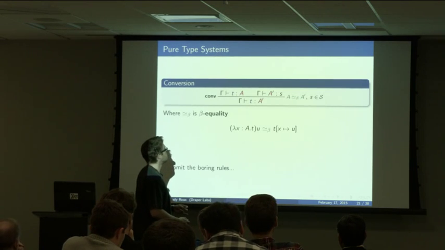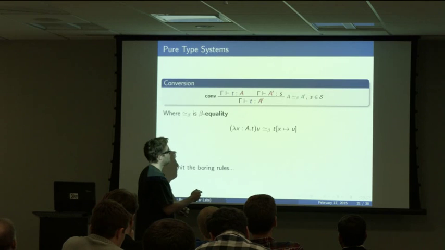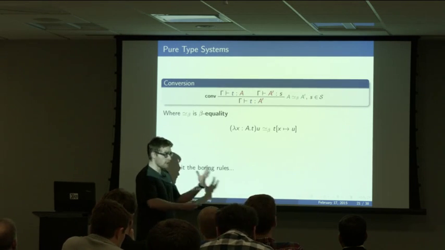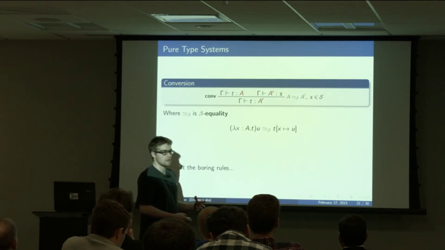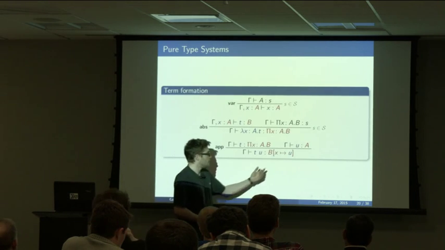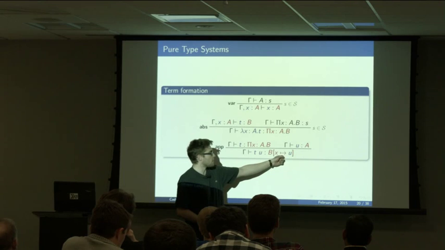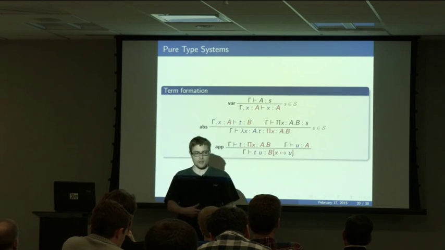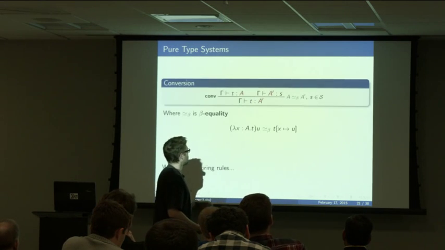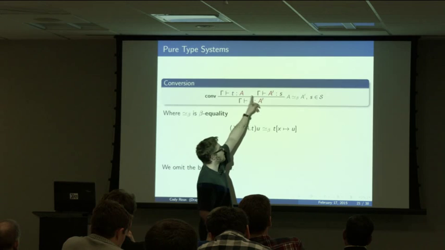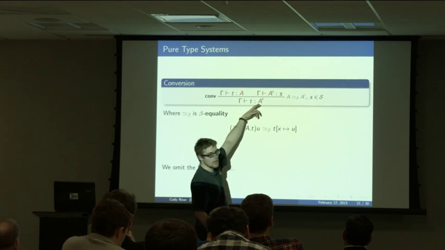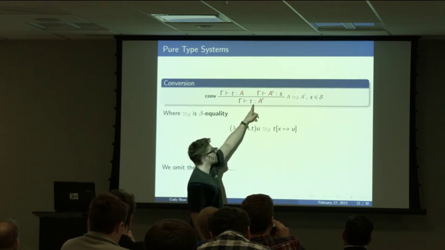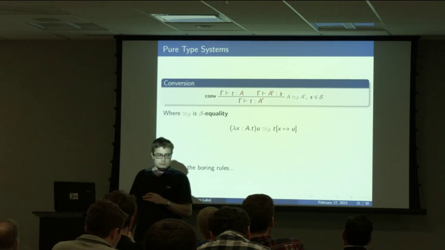The last rule is basically if t is of type A, then it doesn't matter if I do some computation in A. And that can happen because things appear in the types that are programs. So there might be some evaluation going on in the types, and what we're saying is that the typing rules don't care. You can do some evaluation in the types, and that's okay. You're not going to change the type of t.